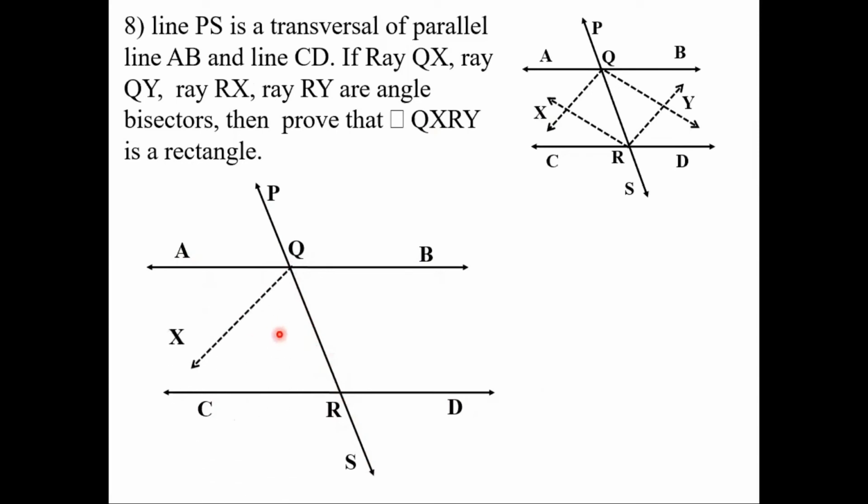So I'm going to draw it. QX. Naturally, QX is the angle bisector of AQR. This total angle AQR is divided in two equal parts, means AQX equals RQX. I'm going to indicate it as E, E. Why have I taken E, F, G, H? Because AB and CD are already in your answer. Also PS is over there, QR is over there, and X and Y are also over there. So I selected different alphabets like E, F, G, H over here.